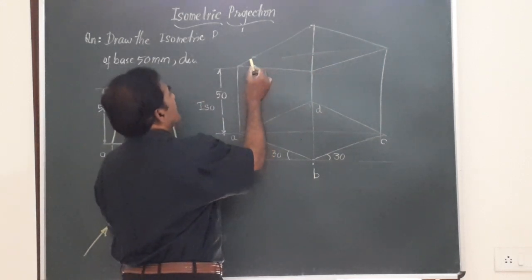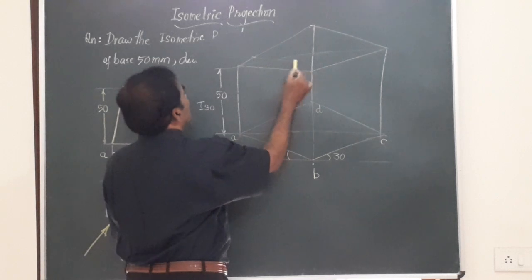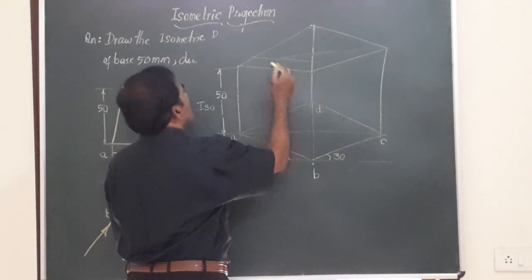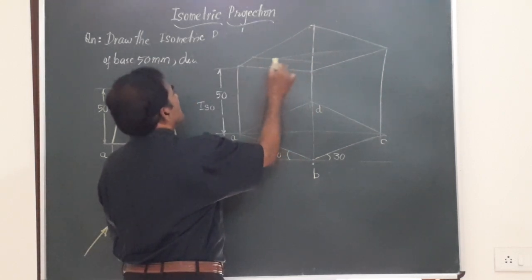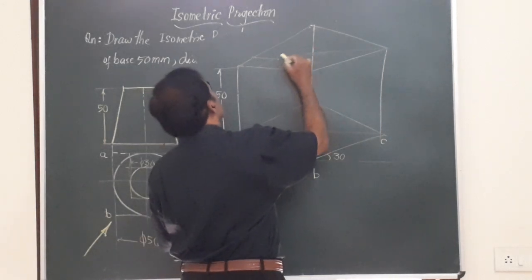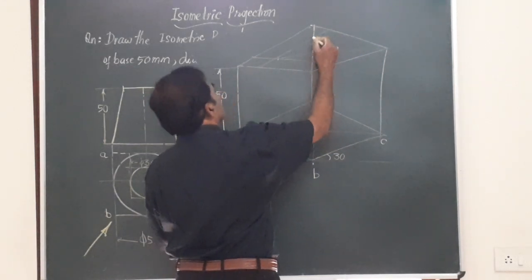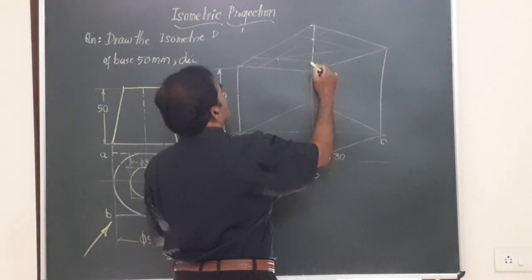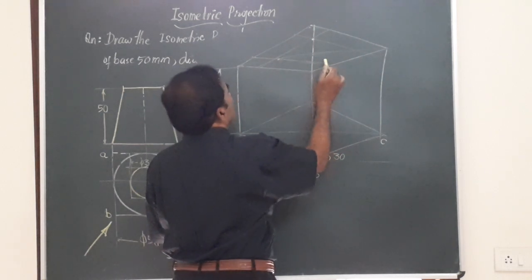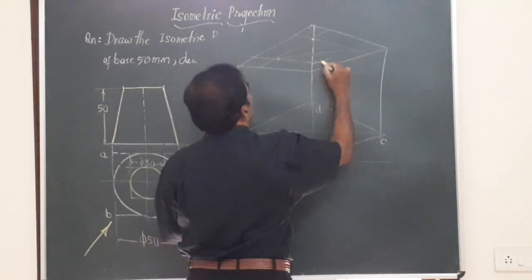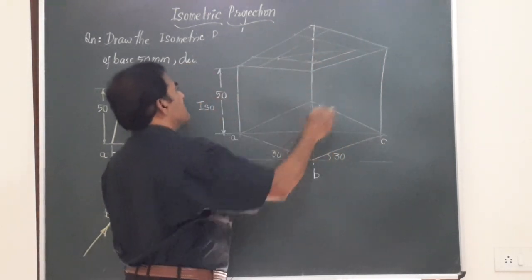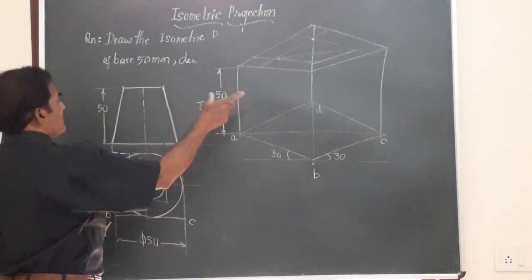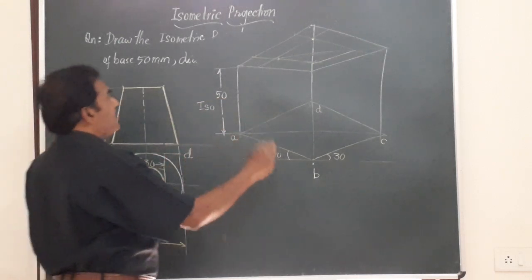So 10 mm from here, draw a parallel line. 10 mm from here, it will meet somewhere here. This is one point. Again from here you draw another line. So you are going to get a point here. Again a line parallel to the last, and this if you join, you get what is called a rhombus, small rhombus having the side as 30 mm ISO.